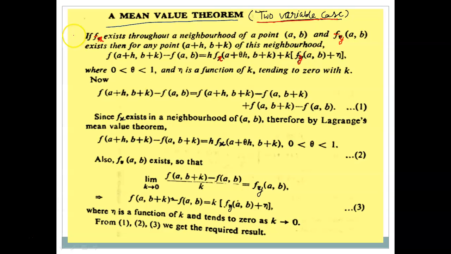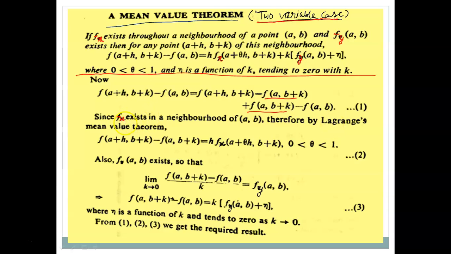So you can remember this statement of mean value theorem in case of two variables. So how can this theorem be established here? You see, if we write f(a+h, b+k) - f(a, b), then if we subtract this quantity and add the same quantity, it makes no difference here. Since according to the statement given here, fx exists in the neighborhood of the point (a, b), therefore by Lagrange's mean value theorem,